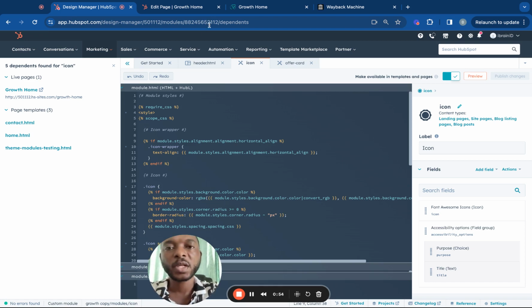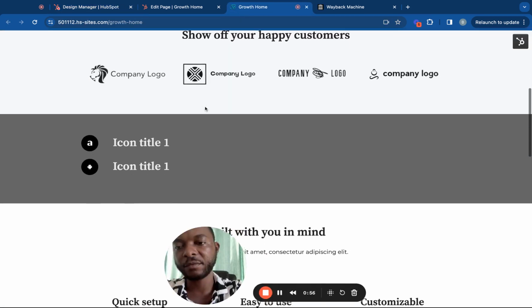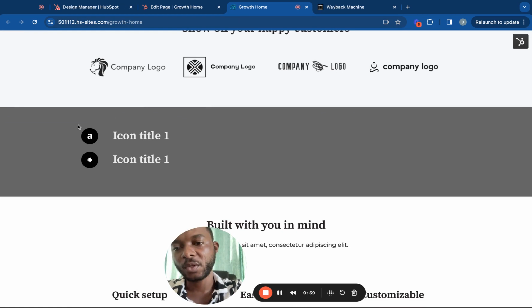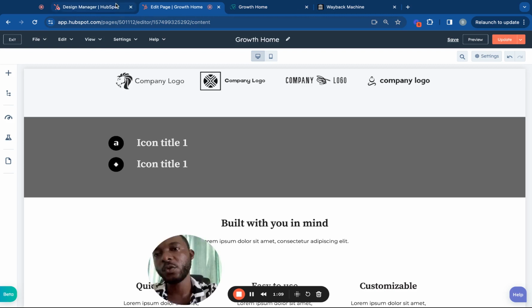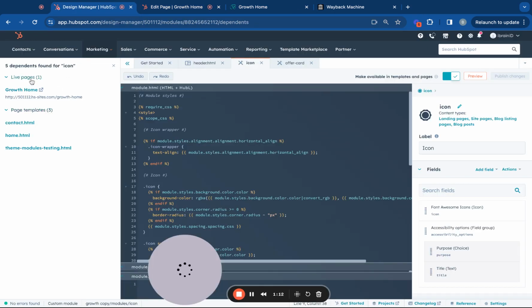download them. So for instance, like we have the icon here, you can just copy the content and save it somewhere, so you save your content nicely. Or, let's say, for instance, you have like 200 pages that are using the same module, and